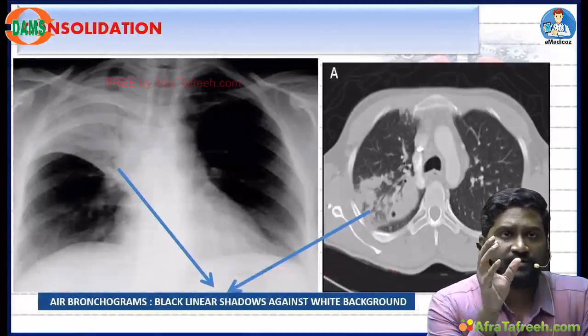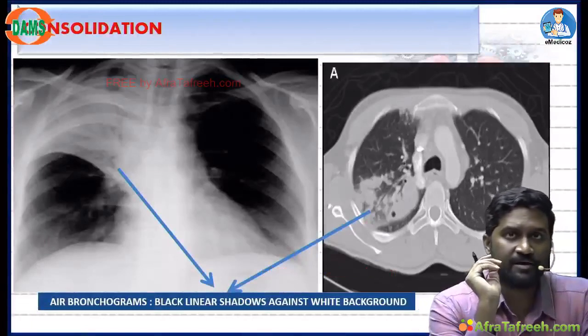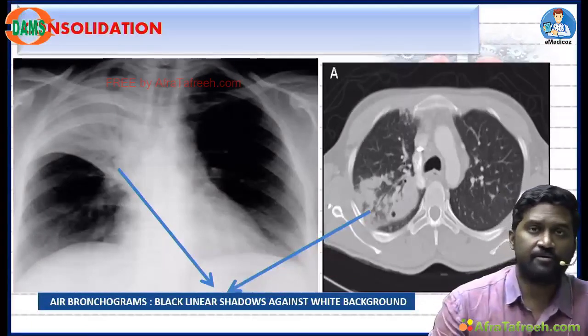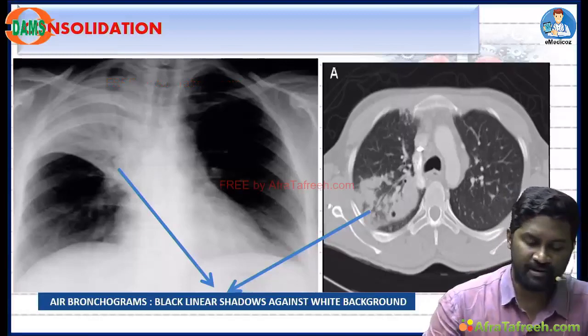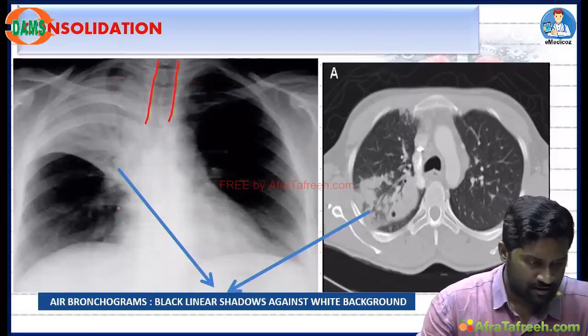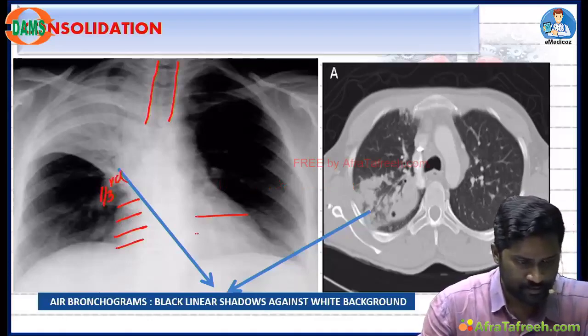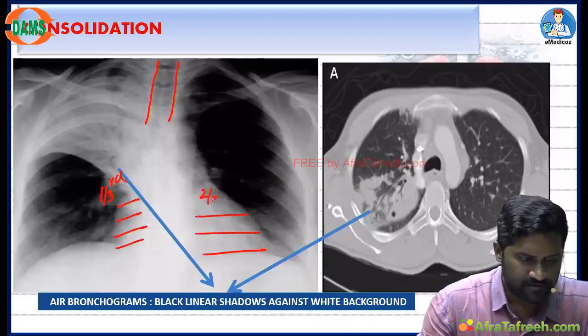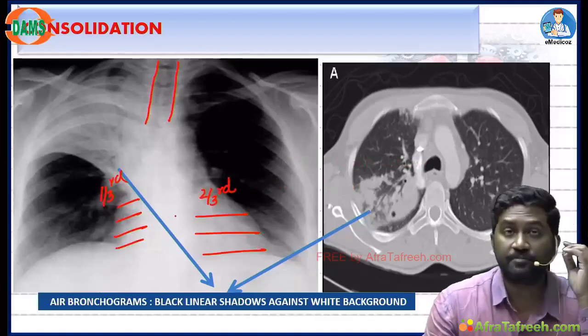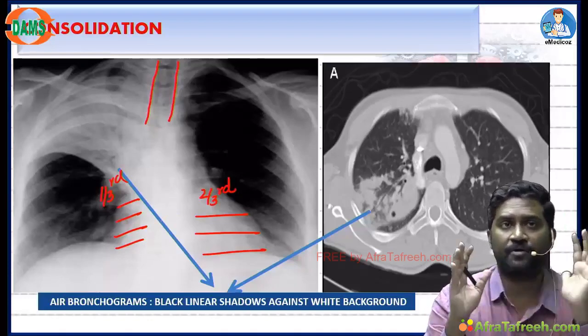They are saying that this can be consolidation. So whenever they give you any chest X-ray, first thing you need to see is whether it is a pulling lesion or pushing lesion. So the trachea is not much deviated, and if you see the heart border, 1/3 is on the right, 2/3 is on the left. So the position of the heart is maintained. So there is no push or no pull.